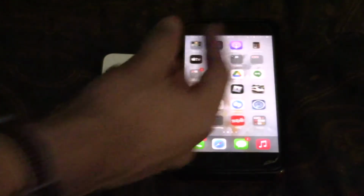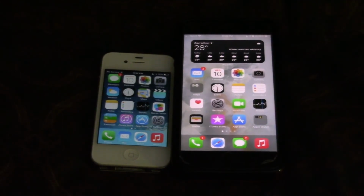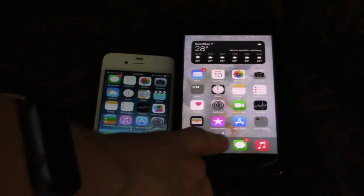iOS 7 was the newest redesigned version, so it has the new Siri, or the new at the time Siri for 2013. So let's ask Siri some questions. The interfaces are a lot different. If I load it,